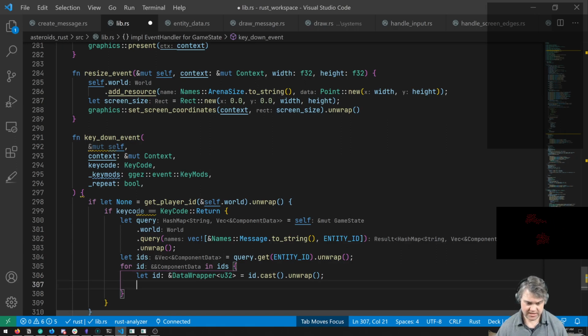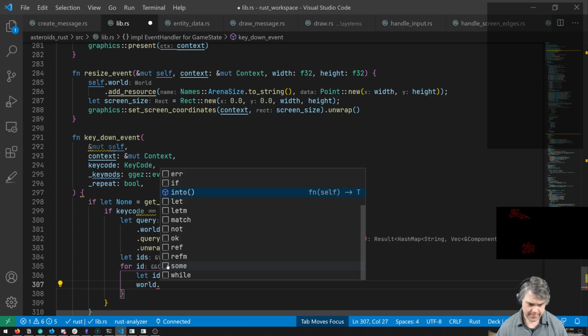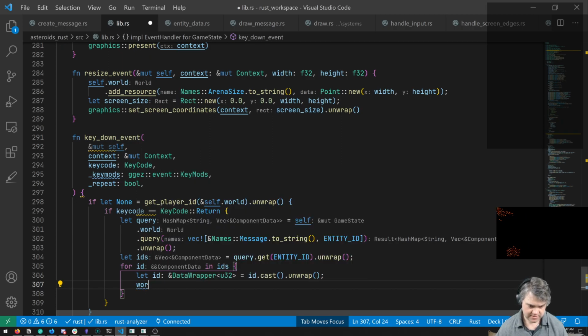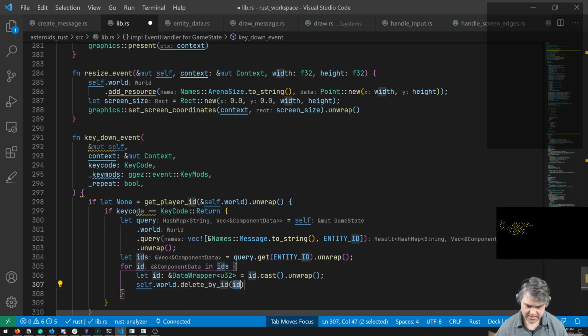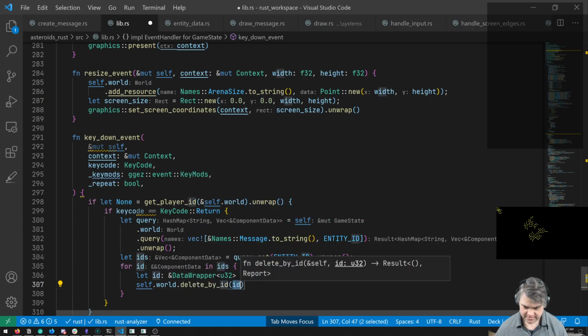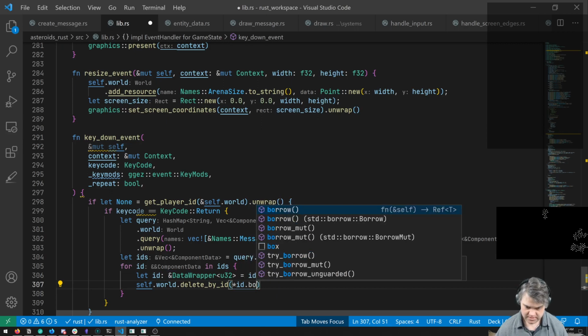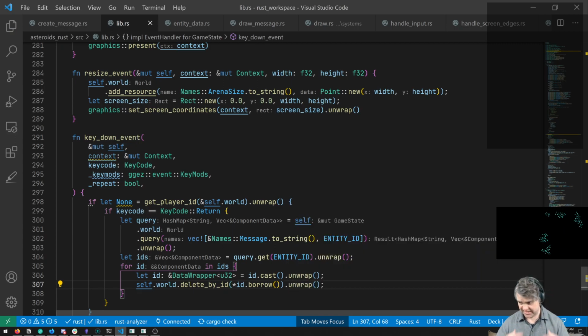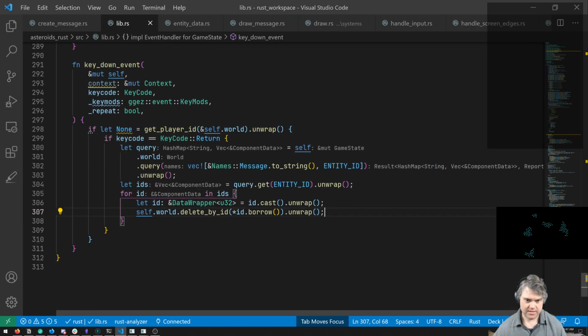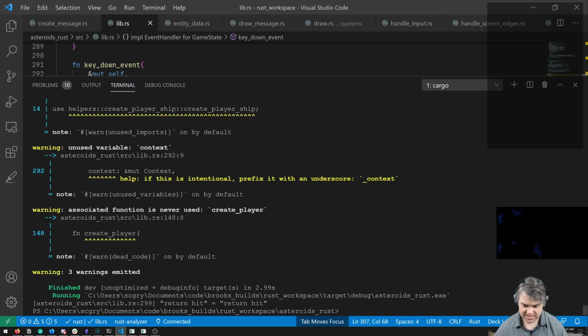Then we're going to tell the world to delete: self.world.delete by ID and hand it the ID. Not borrow. And then it will get deleted the next time through. Okay, so that should make that message disappear.